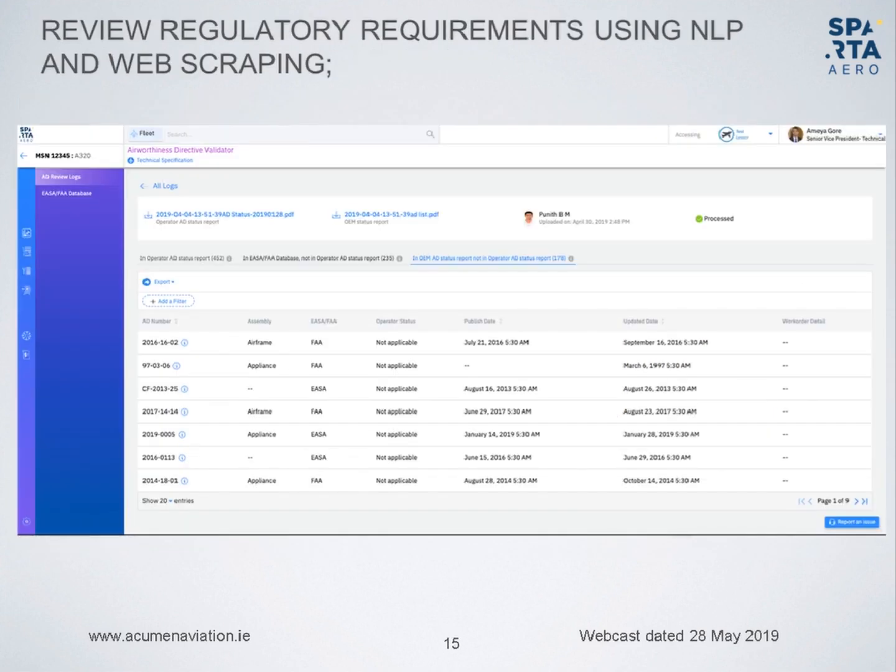Finally, the third use case is about reviewing the regulatory authority requirements or airworthiness directives using natural language processing and a technique called web scraping. I'm sure that if anybody in this aviation domain has gone through the EASA or FAA website for downloading ADs, it is a very time-consuming task and also requires a keen eye to go through all the ADs listed on the operator's AD status against the EASA